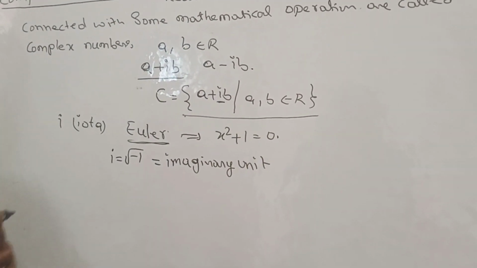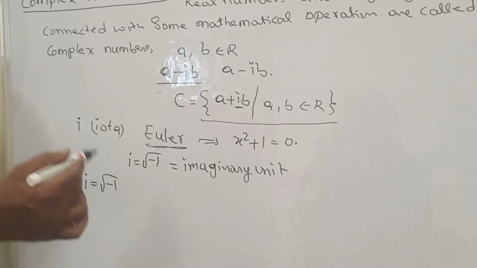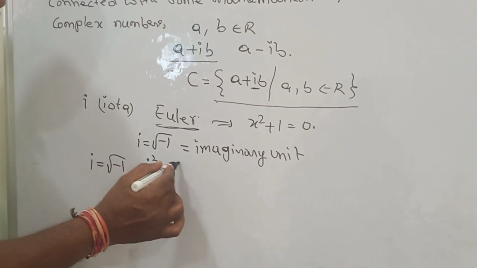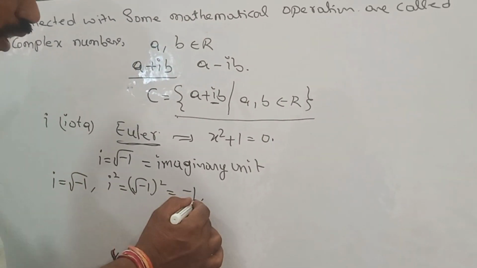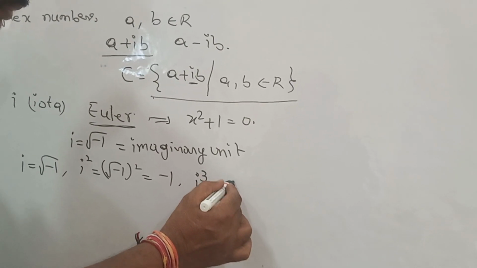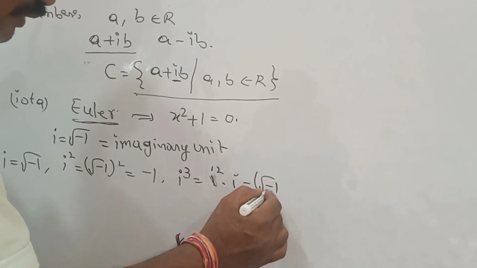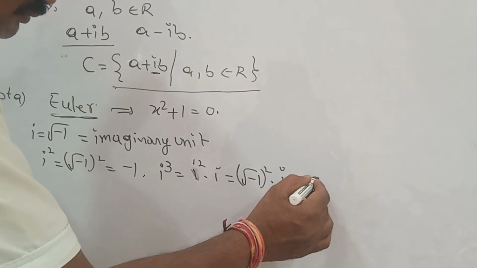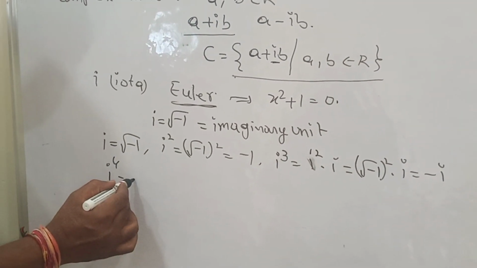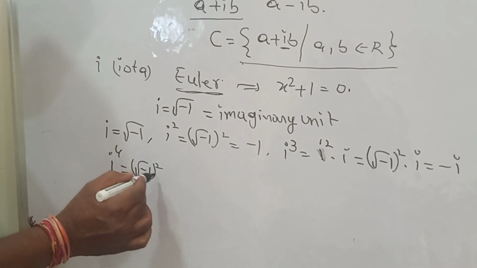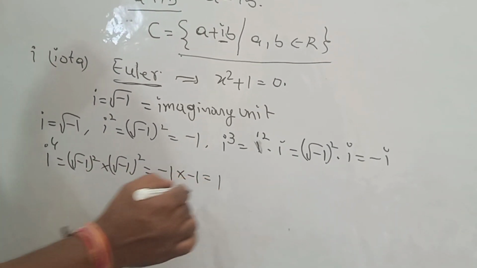Okay, all of you. Here, what is i? i is equal to root minus 1. What is i square? i square is equal to root minus 1 whole square. This one value is minus 1. What is i cube? i cube is equal to i square into i, which is root minus 1 whole square into i. This one is minus i. What is i power 4? Root minus 1 whole square into root minus 1 whole square, minus 1 into minus 1, is equal